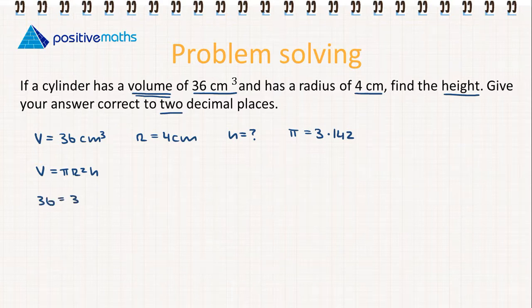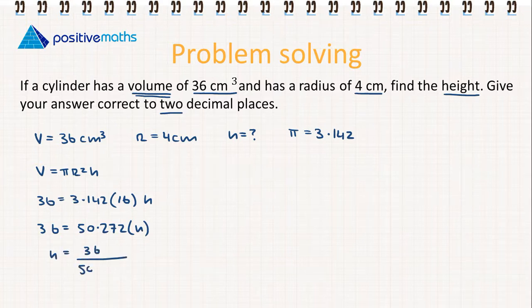So we have 36 is equal to 3.142 multiplied by radius squared. So that's 16 multiplied by h. So 36 is equal to 50.272 multiplied by h. Therefore our height is going to be equal to 36 divided by 50.272. So we find that our height is